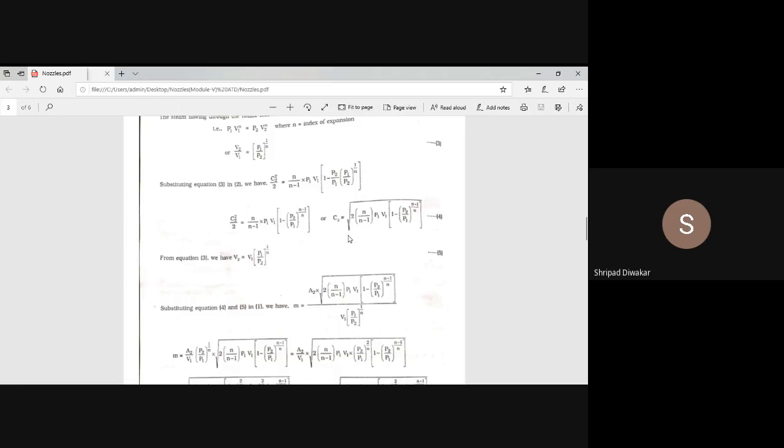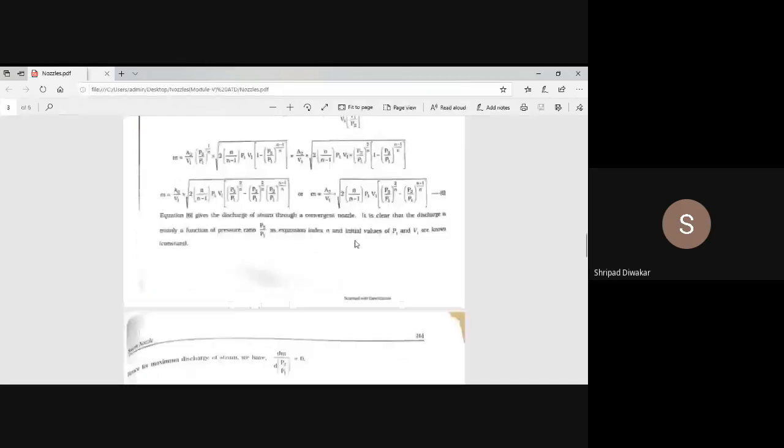Now next step, my aim is to find out the critical pressure ratio, what expression you are getting, that is most important, because we are using that equation number 7 everywhere. This one you have to get properly. P2 by P1 equals (2 divided by n plus 1) to the power of n divided by n minus 1. This is most important, because we are going to substitute this pressure ratio everywhere. You remember, don't make any mistake in this derivation. Suppose something goes wrong, plus or minus, you will not get the correct equation. For that you should be very careful to get this expression properly.